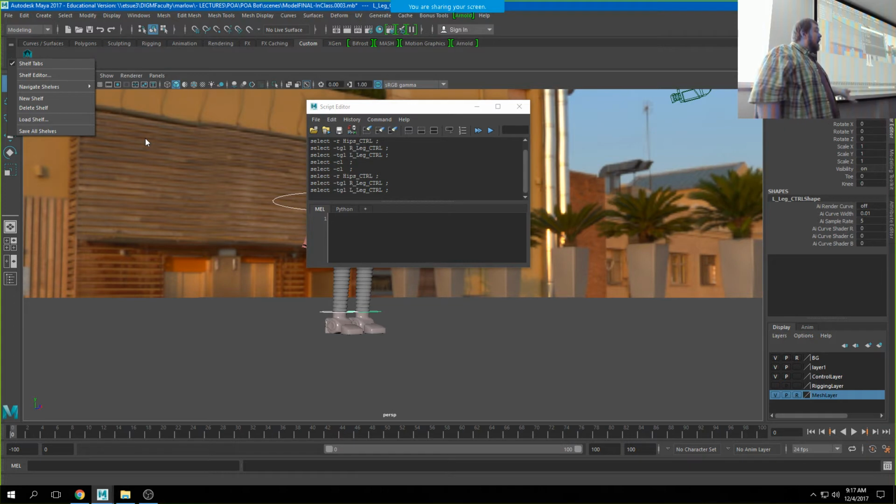But now what I have is a button that allows me to just select my entire control, my entire character, right? No matter what pose I put this character in, if I click that button and then hit S, then I'm telling Maya that's the pose I always want all of these controls to be on when I'm on this keyframe, right? So I'm going to go ahead and